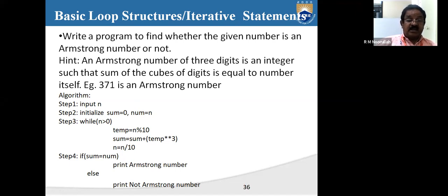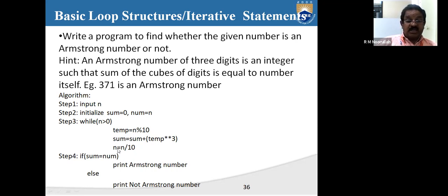The quotient is 3. So 3 is greater than 0. Yes. Then it's going to calculate temp equals 3 mod 10. What's the value you are going to get? Temp equals 3. Sum equals sum plus, what is the latest value of sum? 344. 344 plus 3 cube. 3 cube is 27. So 344 plus 27, now the latest value of sum will become